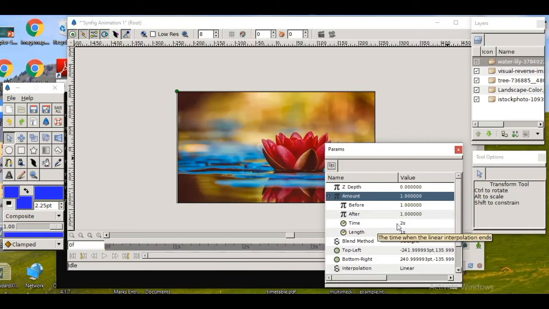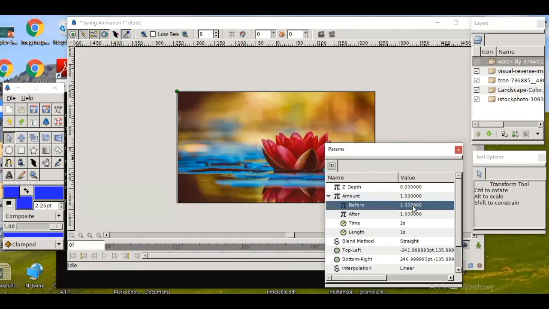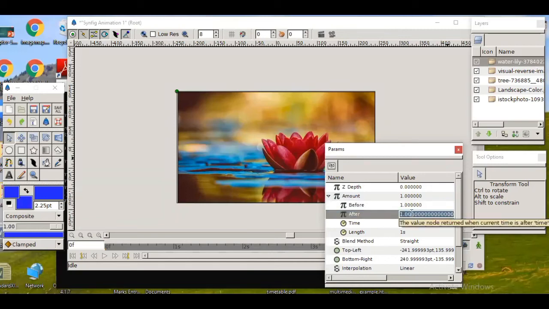And the time by default is 2 seconds. Okay, that means visibility of this layer is 2 seconds. And before this 2 seconds, that is from 0 to 2 seconds, this is visibility, that is before 1, and after make it 0. That means after 2 seconds, visibility will become 0 for the first layer.